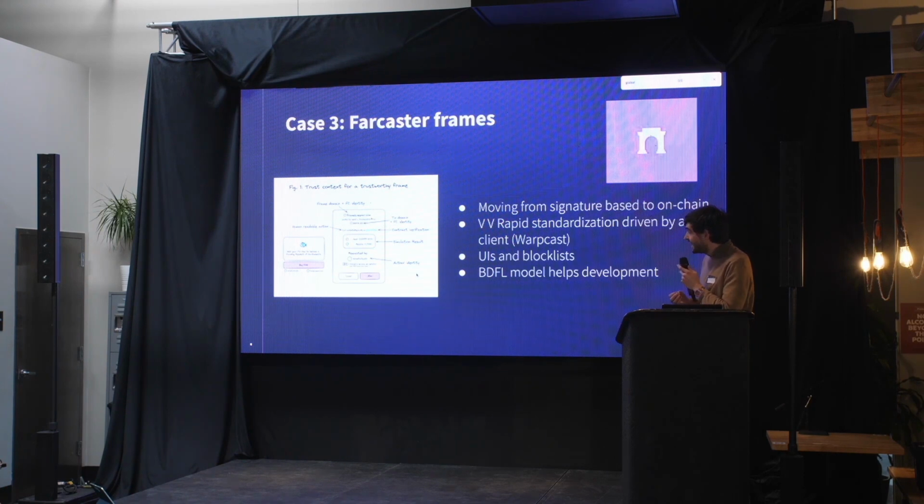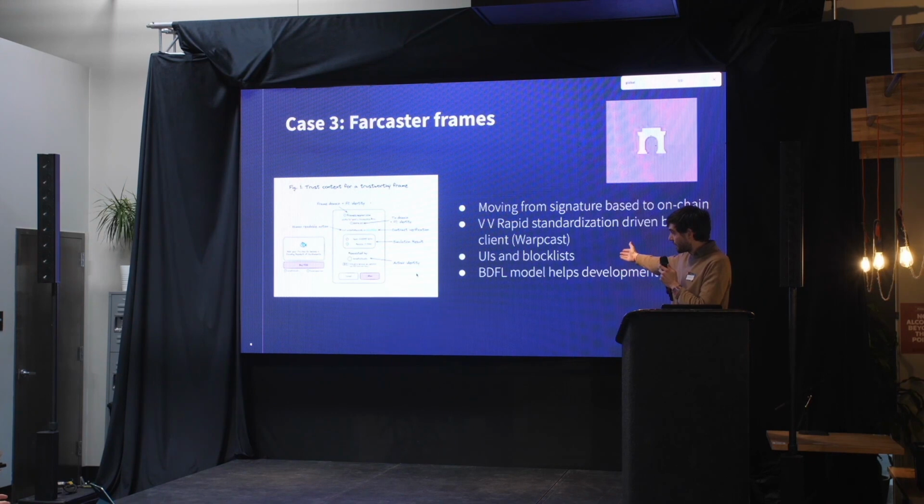The first is the extremely rapid way in which the Warpcast team has been able to move towards standardization. Within a matter of weeks, they put out what is now basically a standard that people can comment on. They're pushing the standard via a single client implementation of Warpcast, and then hopefully it'll be a standard that's available to every client building on the protocol. And so I think this is maybe an exhortation in favor of BDFLism. I think any protocol builder should probably have a default client that they build with or build for in order to make these trade-offs really concrete in user terms.